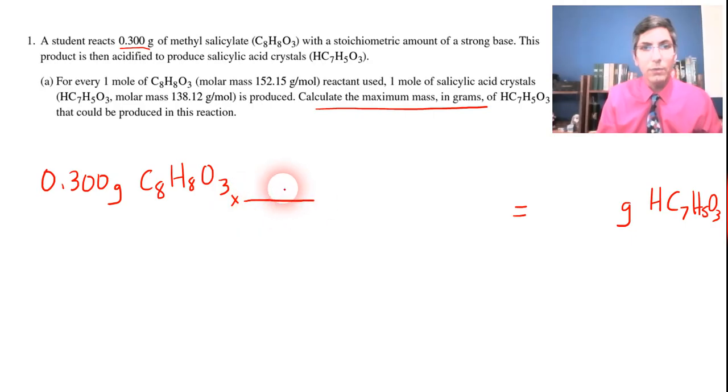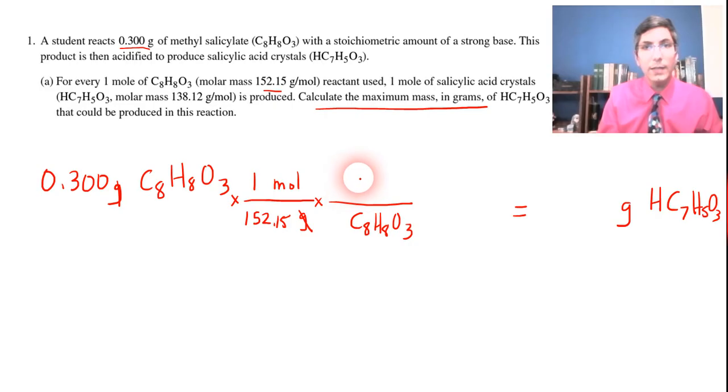So step one is convert to moles, so 1 mole on top and grams on bottom. They were nice enough to actually tell us the molar mass, 152.15. Grams are canceled. Then the next step is the mole ratio. And so we have to put methyl salicylate on the bottom, C8H8O3, and salicylic acid on top,